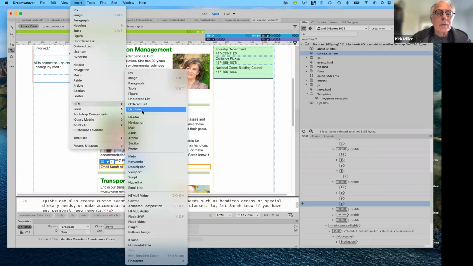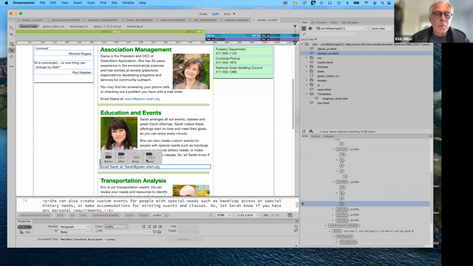I want it to be a link. I never use this anymore. I just use, there you go, email link. So when I select that, I want it to nest. Yeah, this is where it gets kind of funky. I'm not going to do it this way,